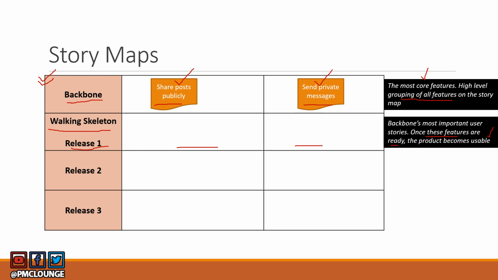Now it is possible that release one is not necessarily sprint one. You might need 4 sprints to do one release. That is possible, right? So let's take a look at what are the features that are important